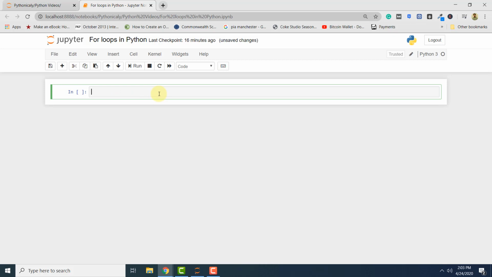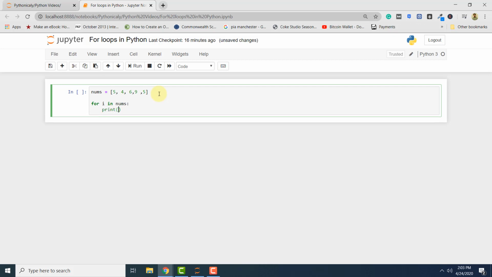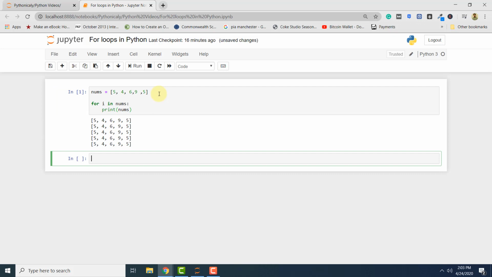So for instance, we have a collection of integers called nums. It contains 5 integers, 5, 4, 6, 9, 5 again. To iterate this collection or to print each item of this collection, we can use for loops as follows. So for i in nums, print nums. Sorry, it has printed the whole list. We want to print the individual item. For that, we simply print i here. So you can see the for loop has printed all the items in this list, 5, 4, 6, 9, 5,